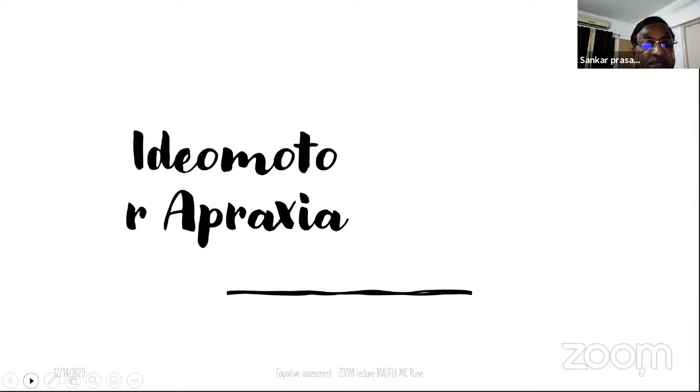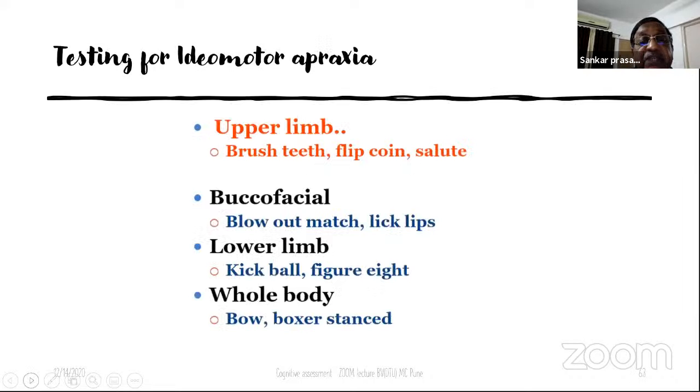So ideomotor apraxia, upper limb: brush teeth, flip coin, salute, blow out match, lick lips. Lower limb: kick ball, draw a figure of 8, bow and take a boxer stance. So these are all the